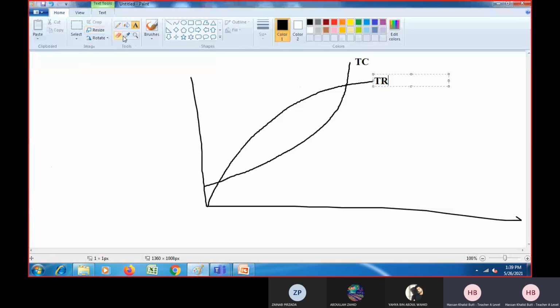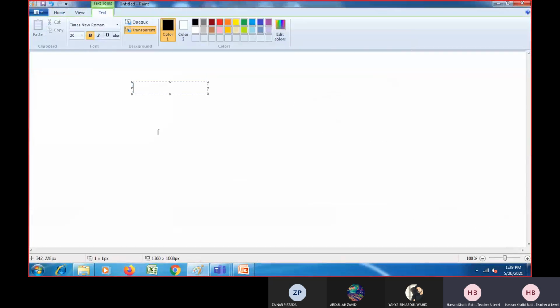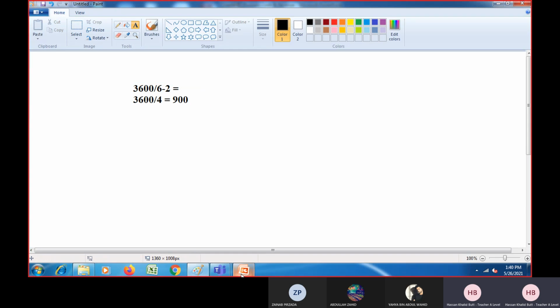So I can do it there as well. There, right? So 3600 was the fixed cost. We divided it by selling price minus variable cost, 6 minus 2, and we got the answer. That is 3600 divided by 4, and the answer is 900. Okay, now see what is the next question. Now we know that the break even is 900.